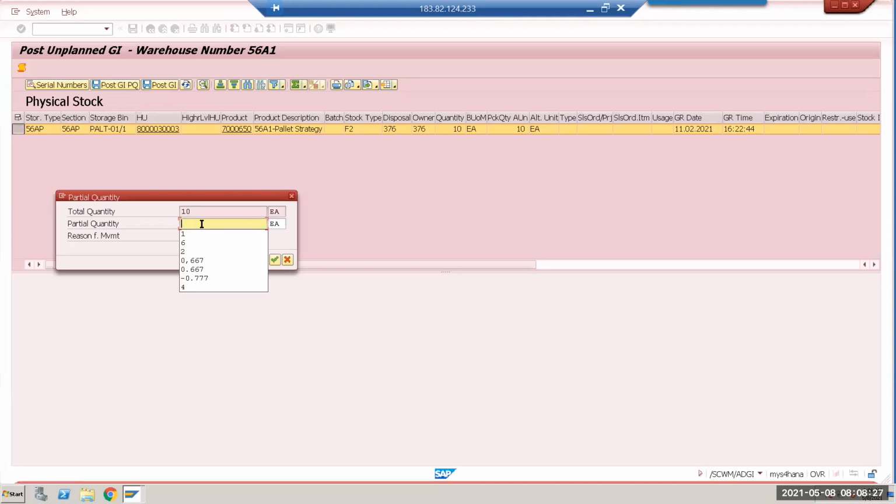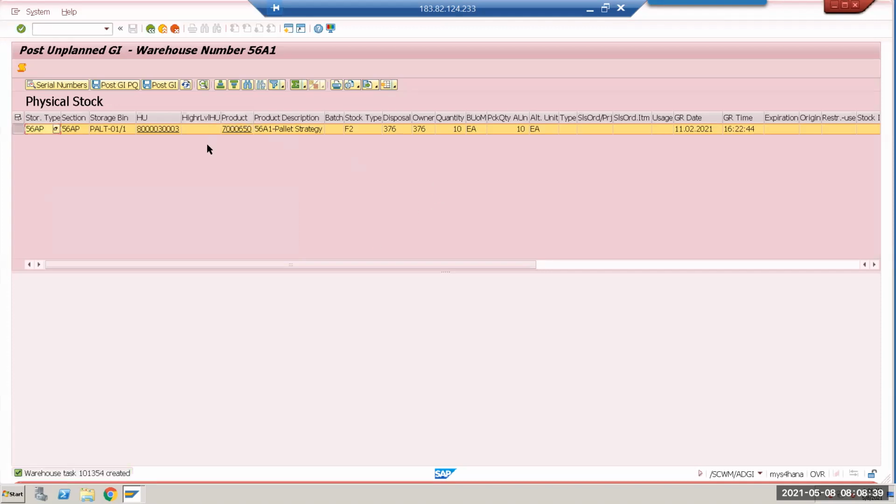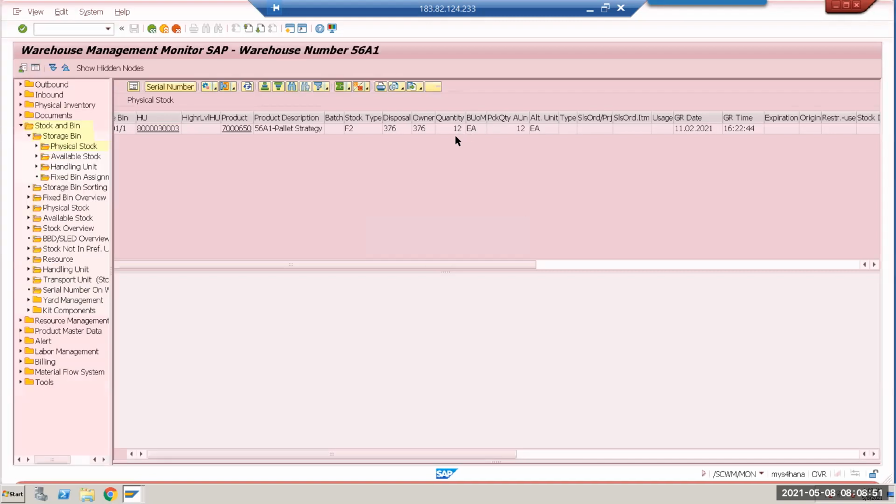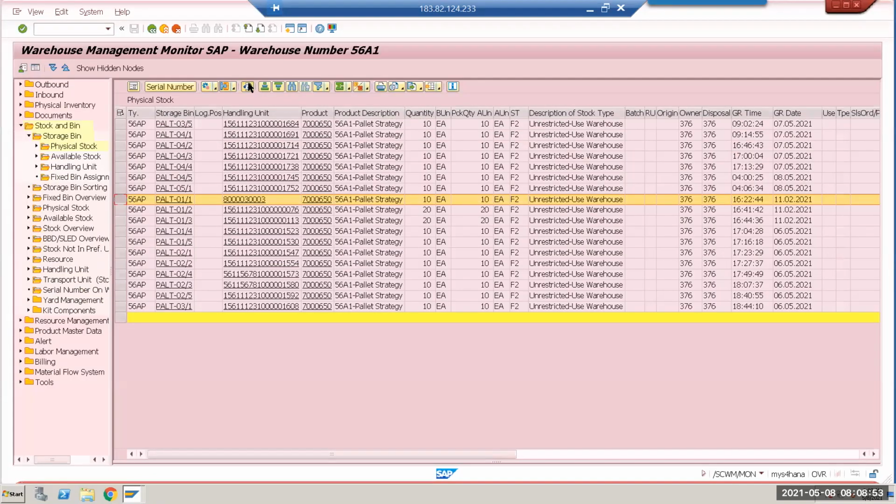In this also, if you want to increase your stock in this HU, you can also make sure that, okay, if it is increasing, I think it should be minus. Yeah, minus, because you are doing GI, right? Yeah, 2, then it is going to be, task is changed. See this? You need to give any post GI, anything? Oh, I think it changed. Okay, what I did, increased the HU stock.